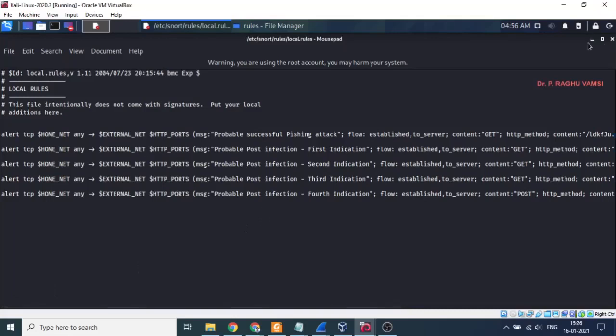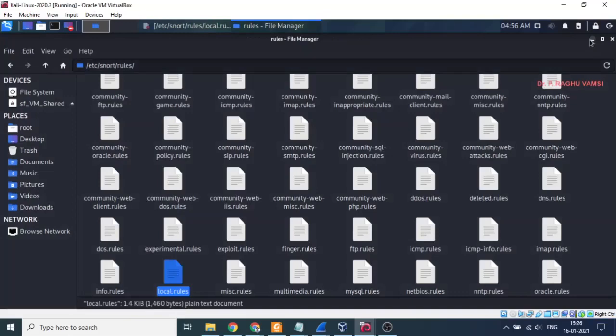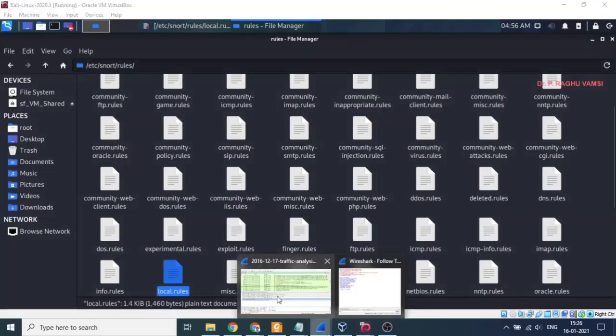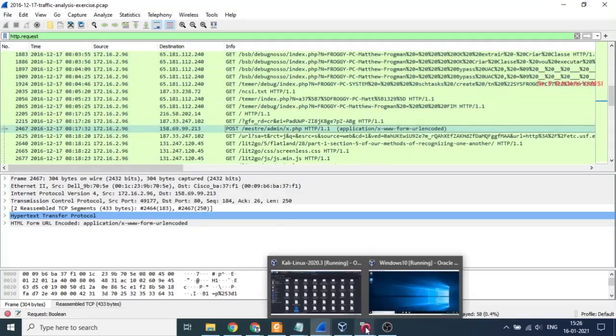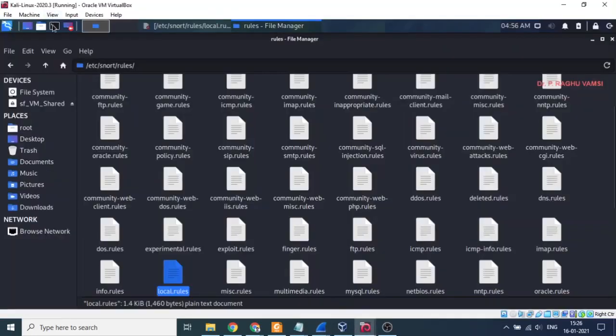Now, what is the home address? The address is 172.16.2.96. This is the local address. But actually, Kali Linux was configured with different network interfaces.